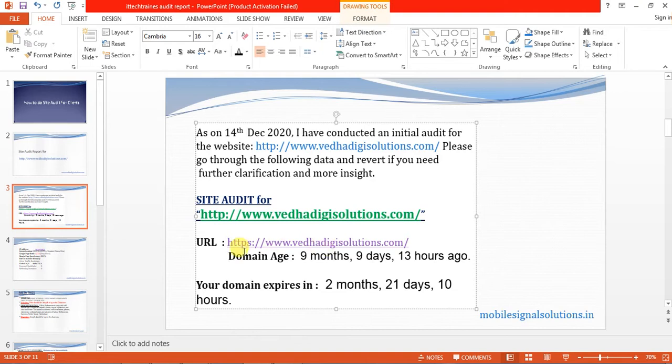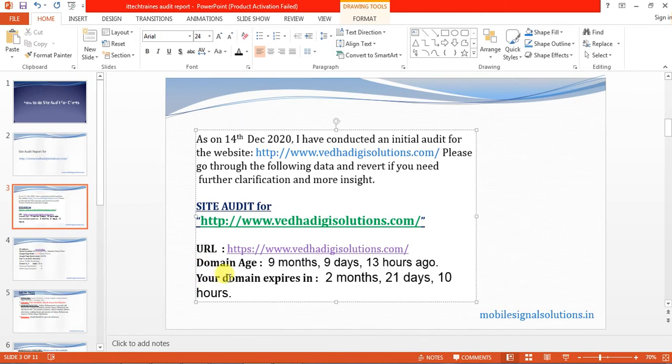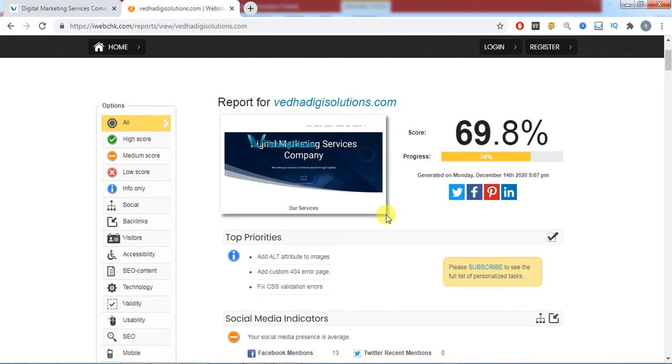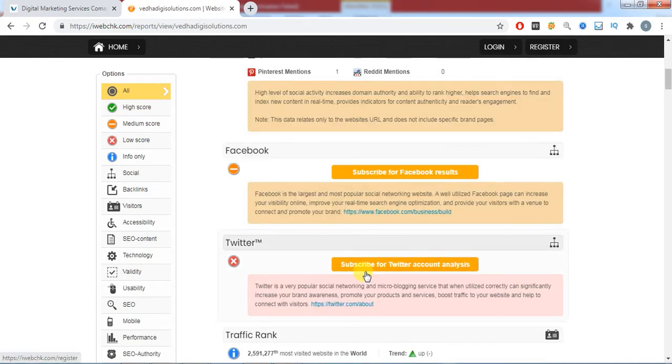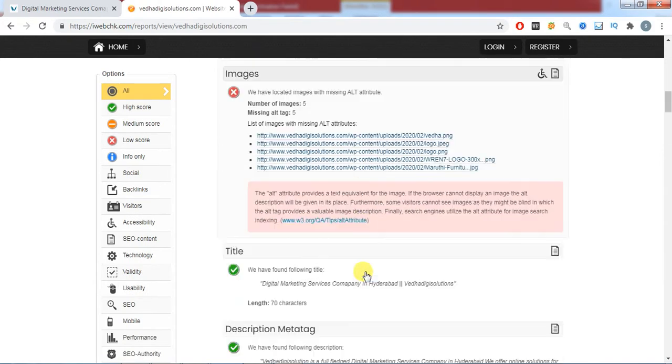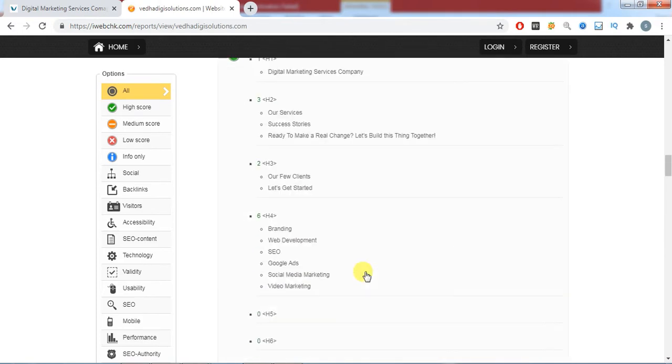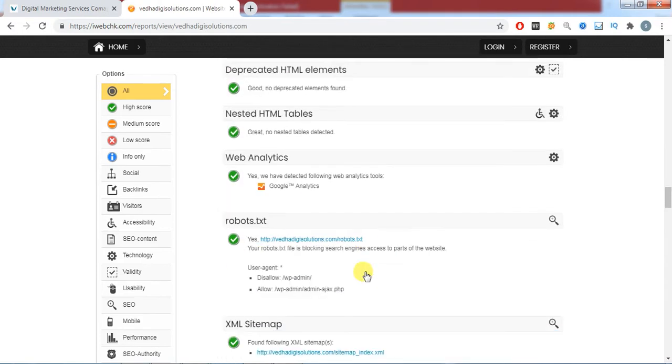And you need to know the domain age also. This is most important, because domain age also reflects on the SEO ranking. Let's see now whether the analysis is done or not. Yeah, it is still in progress. By the time, you can see whether we have the domain age or not.